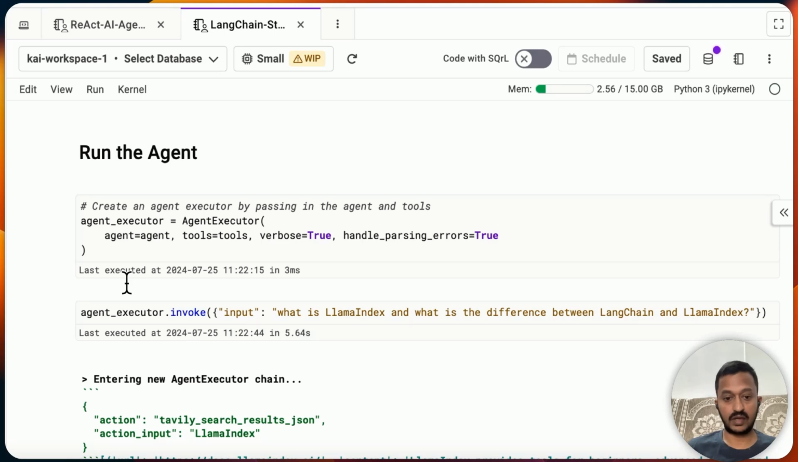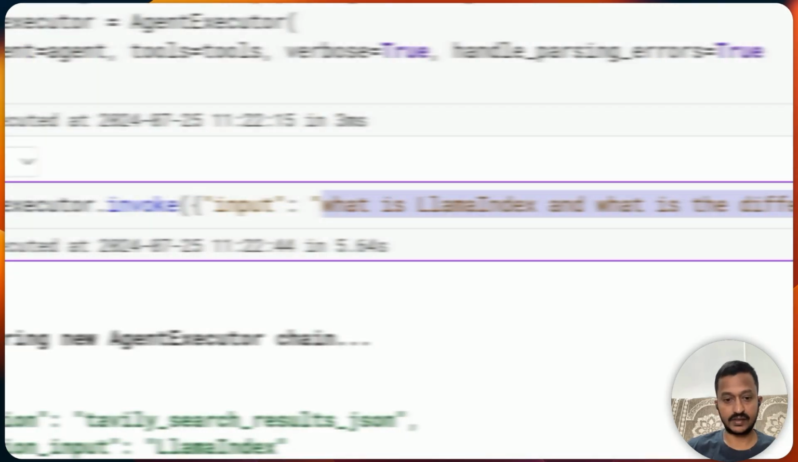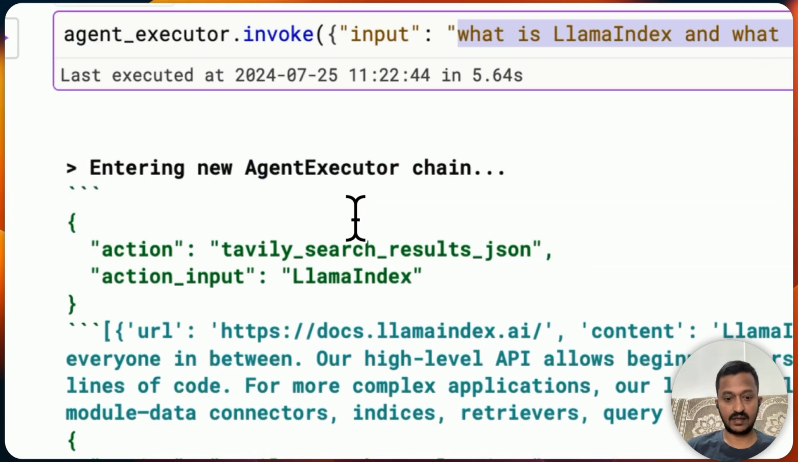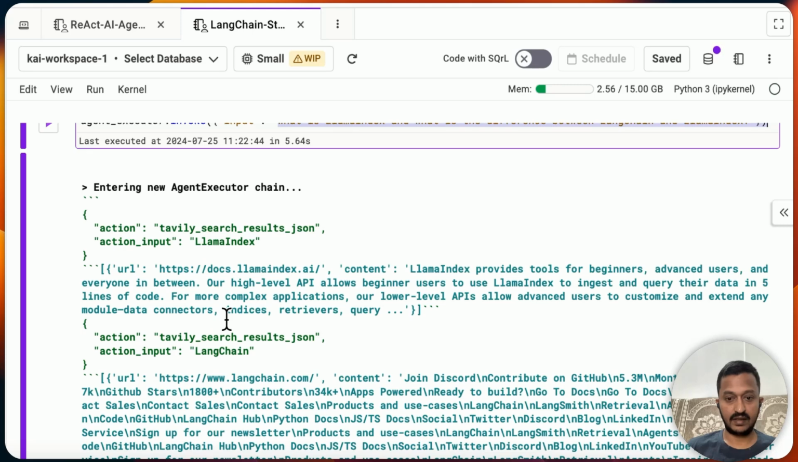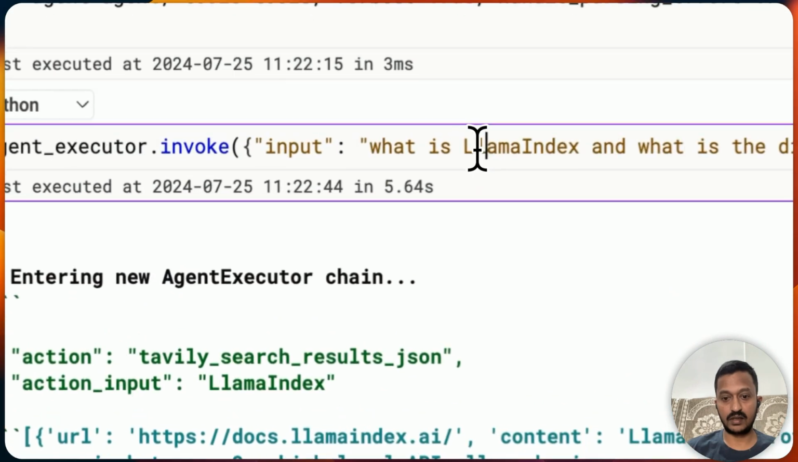The next step is to run the agent, and the input is just a simple query like, hey, what is llama index and what is the difference between LangChain and llama index? As you can see, it takes the sequence of steps here. So, entering new agent executor chain using the LangChain chain sequence. The action is that it is using the tool that we mentioned, Tavily search results. And the action input is llama index, because it sees the prominent word, llama index, here, the first one,